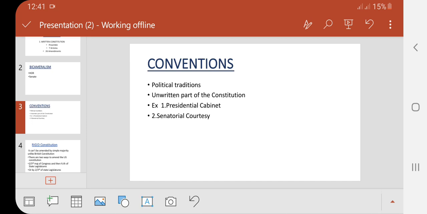Examples of conventions are the presidential cabinet and the senatorial courtesy. The presidential cabinet is not enumerated in the Constitution, but it is by convention that the USA has a presidential